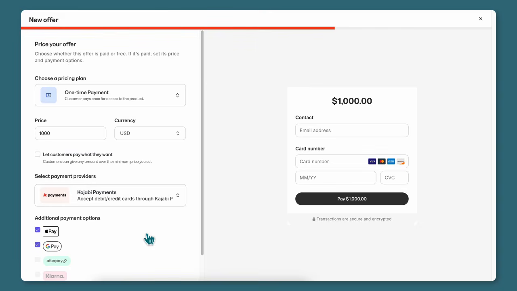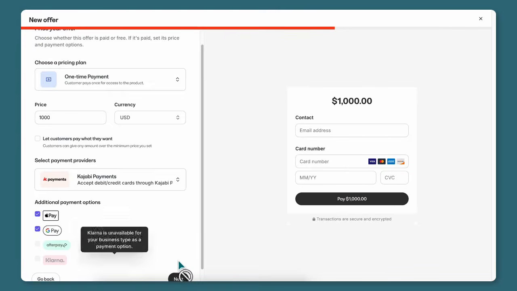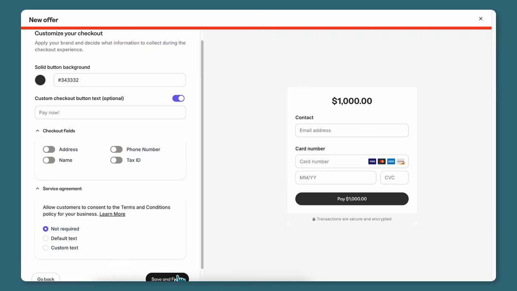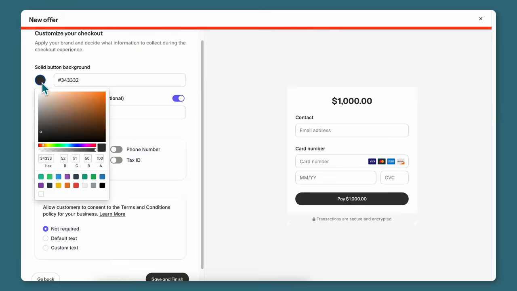But this is up to you and may also depend on your country, so you may need to read the fine print from Kajabi's Help Center if needed. Now I am going to click Next, and this is where you can customize just a few things like the button color, and maybe I don't see the color picker here,